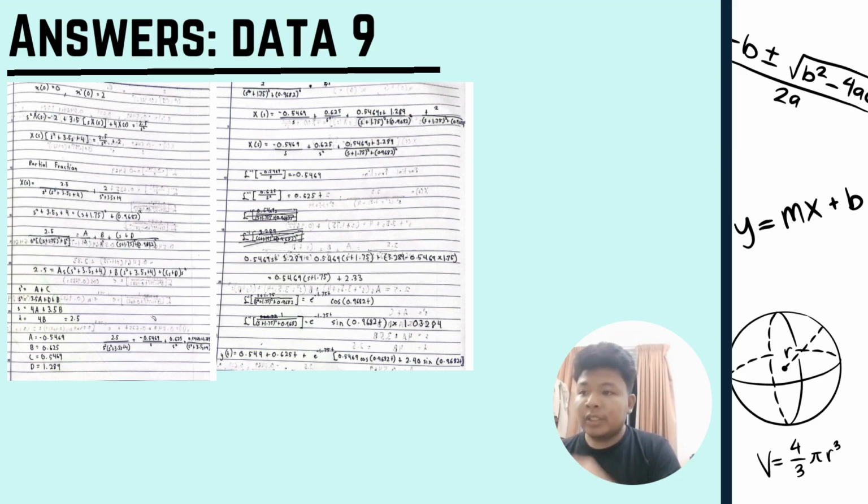After we get that, we can solve the equation using Laplace inverse. After that, when we plug in all the Laplace inverse answers, we get negative 0.5469 plus 0.625t plus e to the power of negative 1.75t, in brackets, 0.5469 cos 0.9682t plus 2.40 sin 0.9682t.